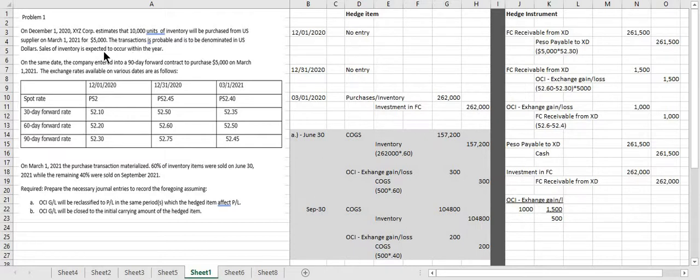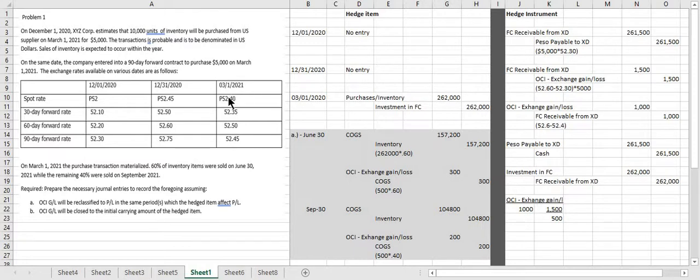At the same time, para i-hedge yung variability ng kanyang cash flows, the XYZ Corporation entered into a 90-day forward contract. Ito yung mga exchange rates during those dates, for December 1, December 31, and on the transaction date,